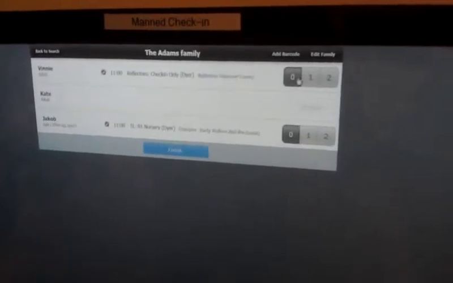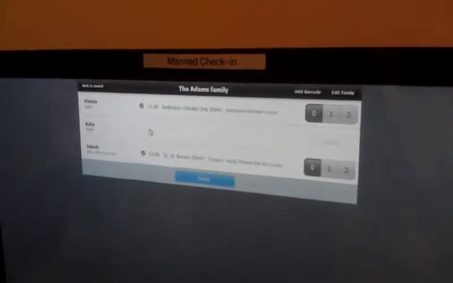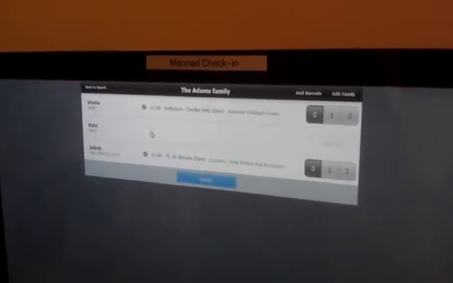If I wanted to print myself another name tag, I can just do that over here. Hit Finish, and it'll print me a name tag. I don't need to do that. So say, for example, that actually my wife, Kate, say that she's not served before, but she's going to start volunteering this weekend. It doesn't show up. Reflectors doesn't show up. So what you got to do is click on the name,